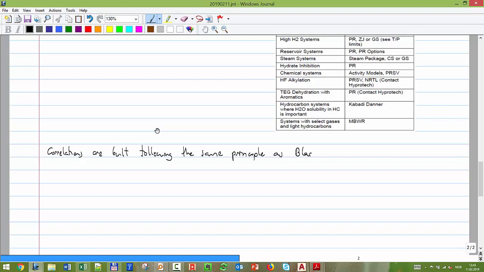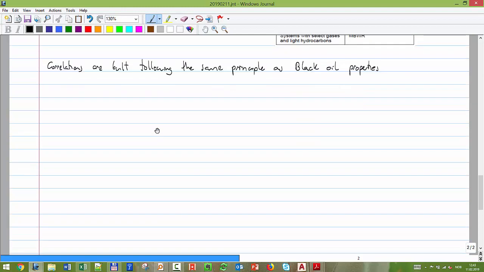Black oil properties. How many of you know about black oil properties? None of you? Really? Not even one here? Okay. So black oil properties is an approach, or black oil formulation,